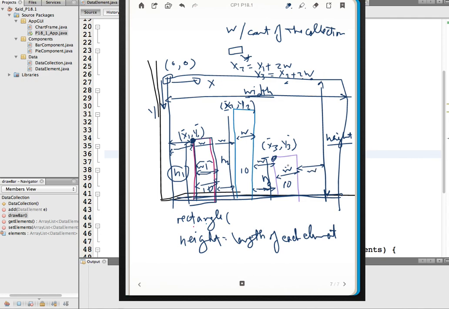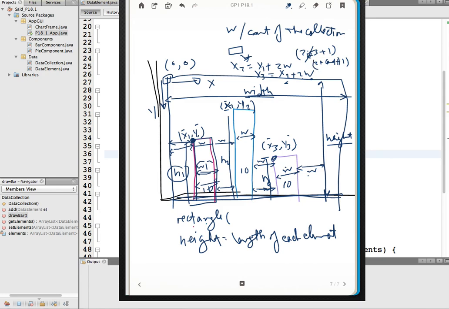So to draw 3 elements, we have 1, 2, 3, 4, 5, 6, and 7, which is 2 multiplied by 3 plus 1. And so for 3 elements, we take 2 multiplied by the count plus 1